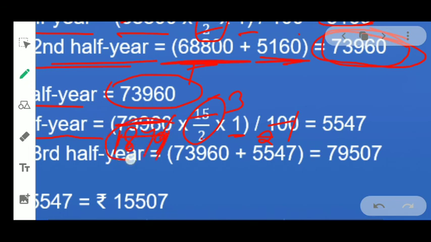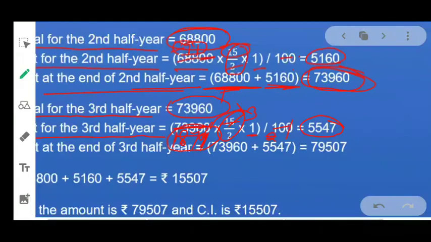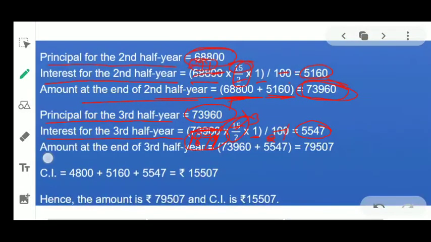Then 1849 multiplied by 3 will give 5,547. That is the interest for the third half year. Now amount at the end of third half year equals principal for the third half year, that is 73,960, plus interest 5,547, that gives